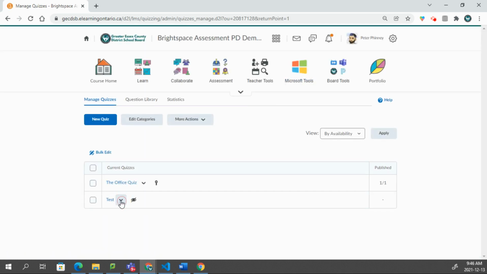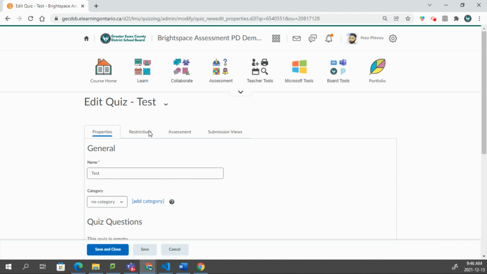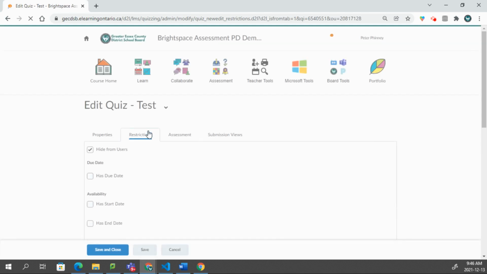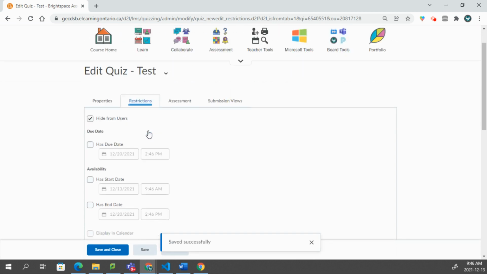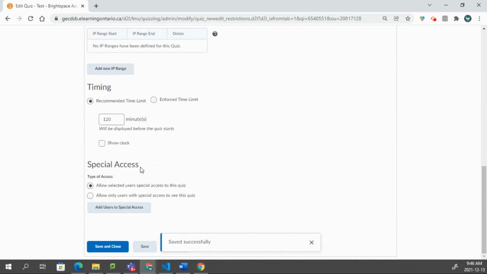So if we selected this quiz here, we're going to go to Edit, and we're going to go to Restrictions. Now at the very bottom, we see special access. Now there's two types of access. We can allow selected users special access to this quiz or allow only users with special access to see this